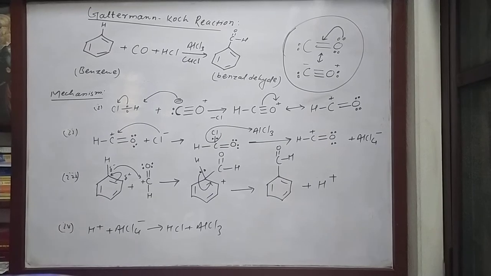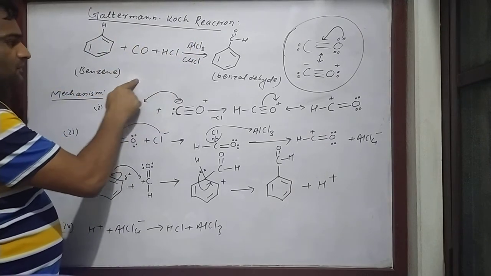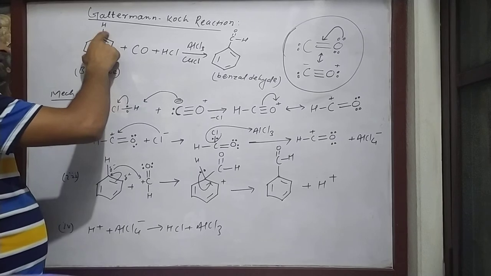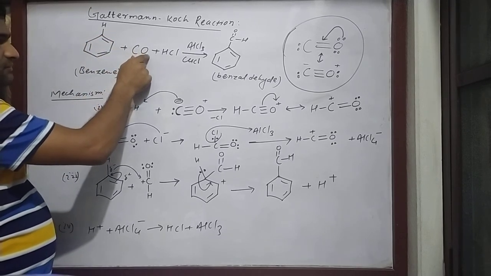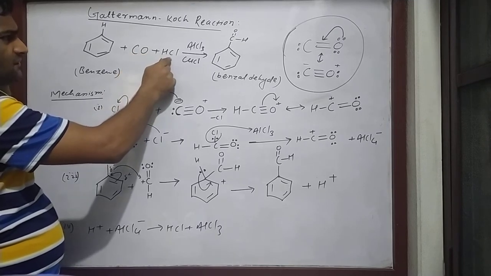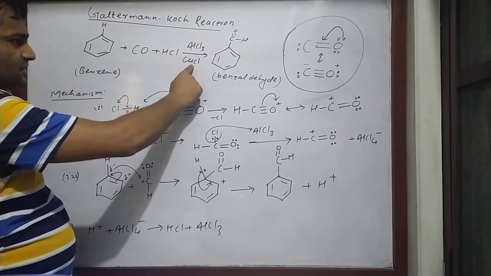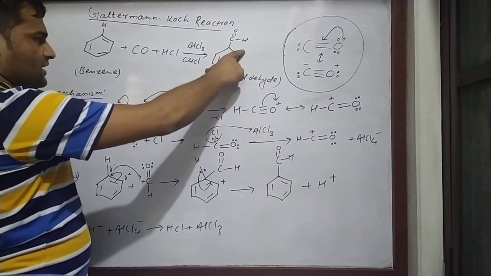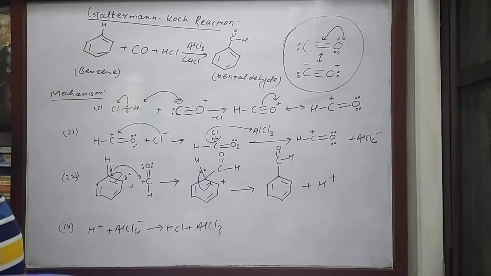In this lecture video we are discussing the Gattermann Koch reaction. And what is the Gattermann Koch reaction? When benzene is reacted with carbon monoxide in the presence of hydrochloric acid and a Lewis acid, AlCl3 or CuCl, it gives benzaldehyde, and this reaction is called the Gattermann Koch